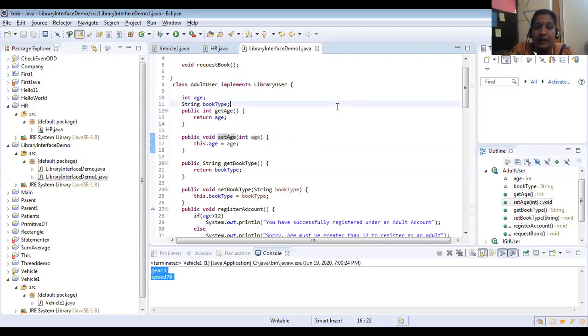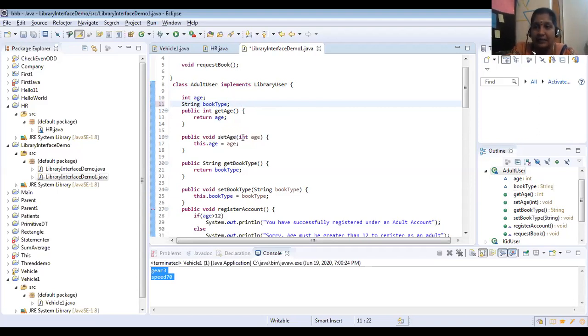Whatever the variable you are using to find, retrieve or update the value, that variable name you should give here. Here I am going to give age. Okay, get age of, set age of. If you give name, get name of, set name of, like that you can use. Return age. Public void set age of int age.